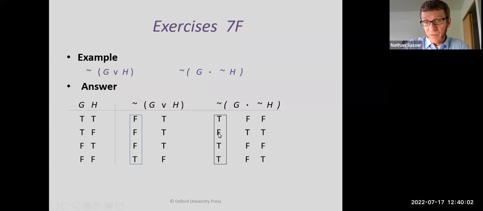Now line 2, they have the same truth value. Line 3, they don't. Line 4, they do. The point is, if there is even one line where they don't have the same truth value, they're not logically